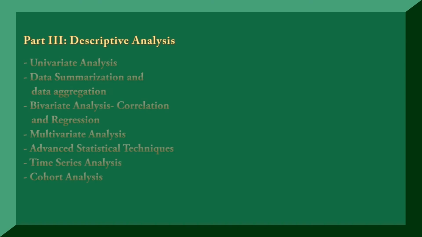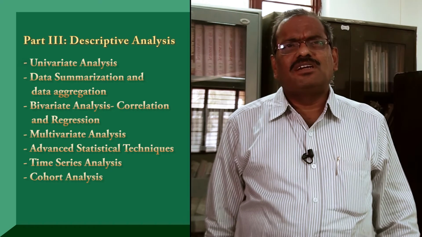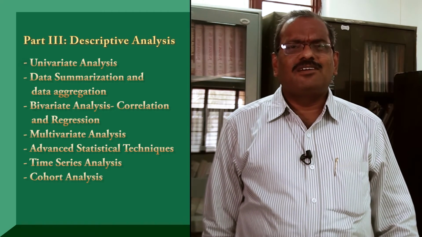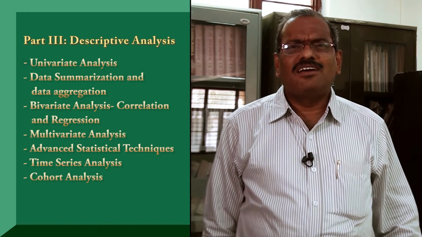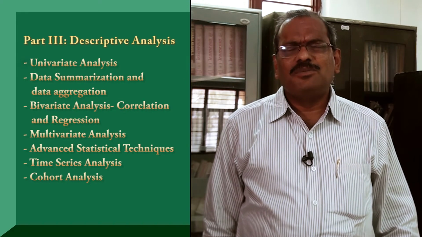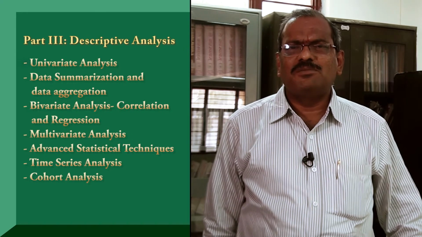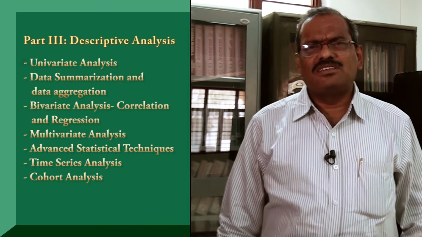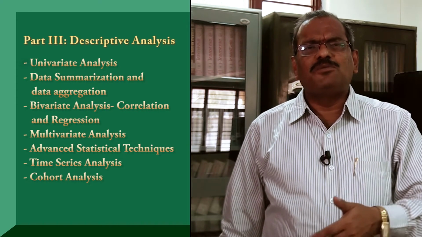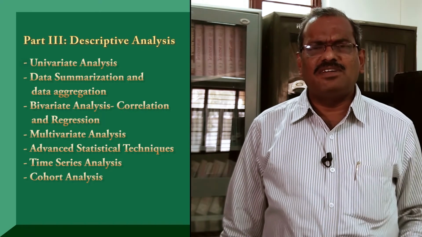Let us come to the third part, which is about descriptive statistics. In this, the emphasis is on knowing the nature of the data which we have obtained, whether it is near to normality or not. For that purpose, we use descriptive statistics like measures of central tendency, measures of variability, measures of skewness and measures of kurtosis. Under measures of central tendency, we are going to discuss the mean, median and mode, and under measures of variability, the range, mean deviation, quartile deviation and the standard deviation.